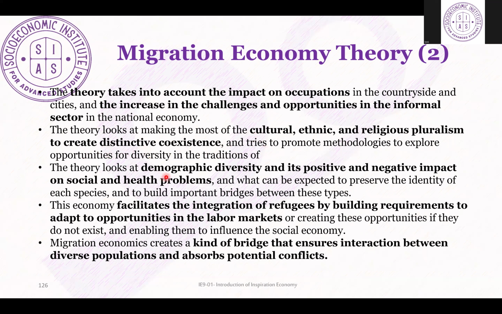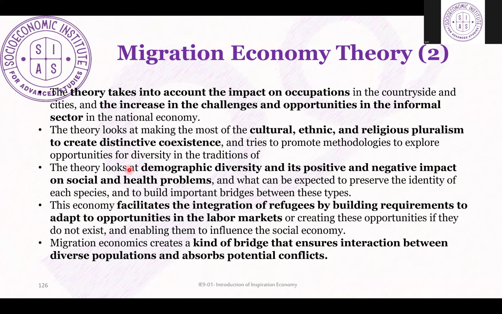The theory looks at the demographics and diversity and its positive and negative impact on social and health problems. Besides, it can be expected to preserve the identity of each species. It builds important bridges between all the types of people. This type of economy,